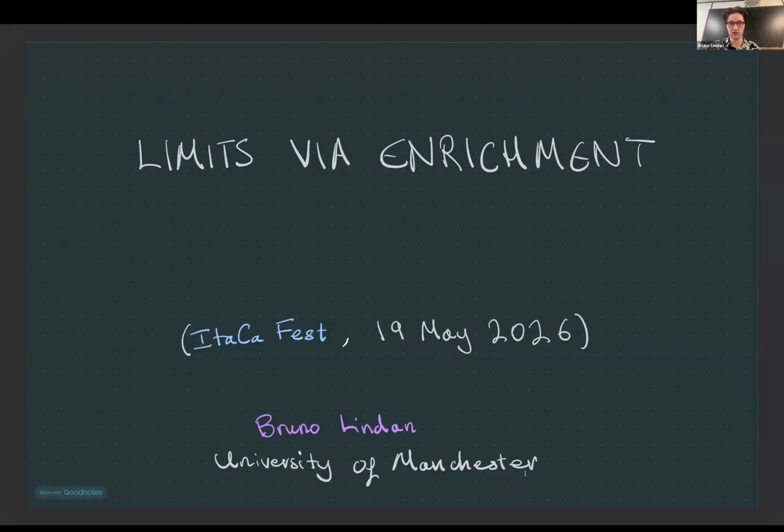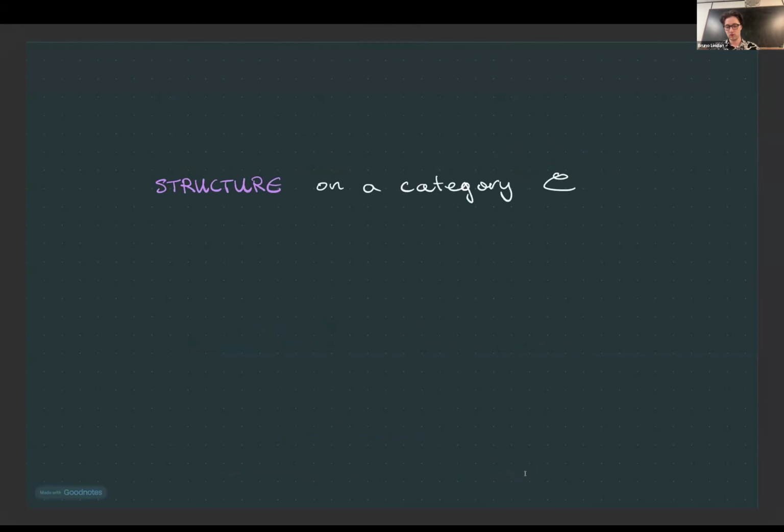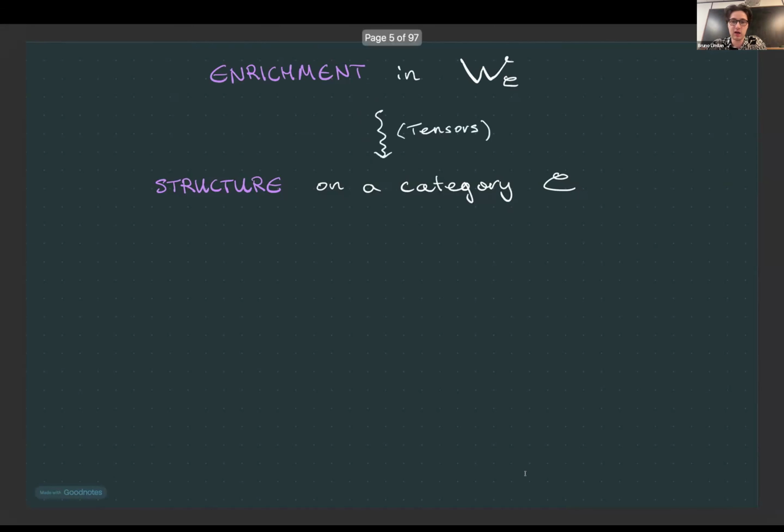Okay, I'm going to set the scene first briefly. There's a general pattern scattered around a few different results in the literature involving taking, this should really be, a kind of structure on a category C. I'll give a couple of examples in a moment. And seemingly cleverly concocting something to enrich in, so that when I in fact enrich in this base, I can recover the structure on C from just the fact of being a category enriched in W C. In some cases, possibly I need to ask for some enriched colimits in order to make this work.